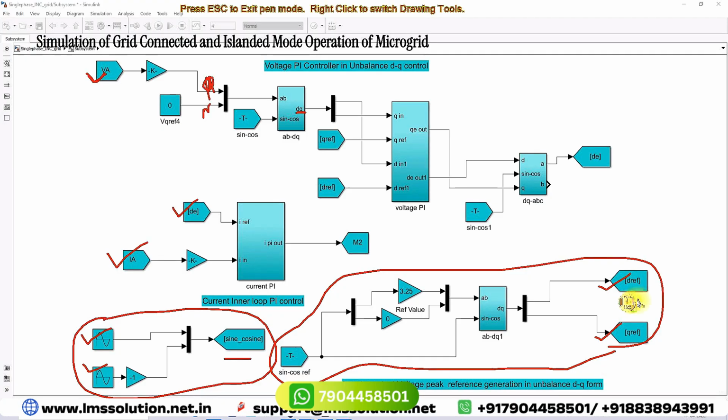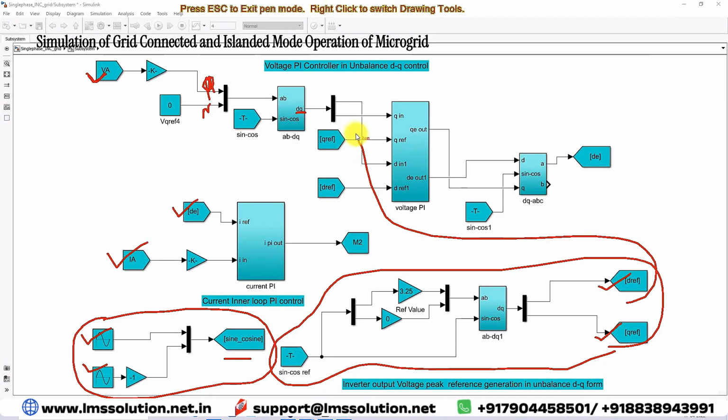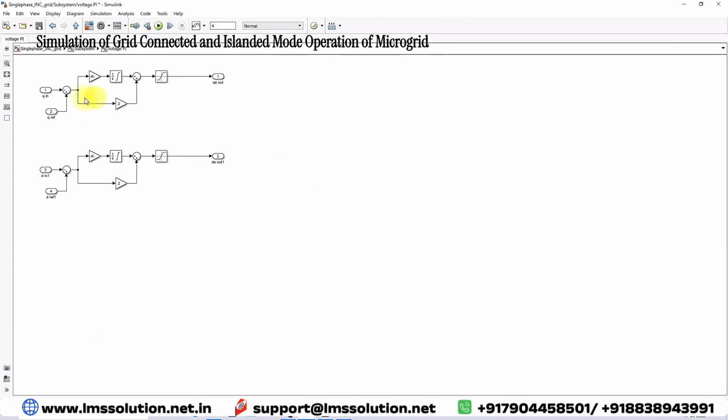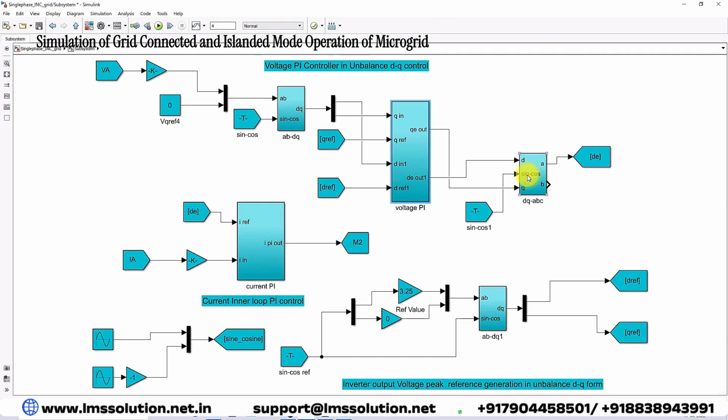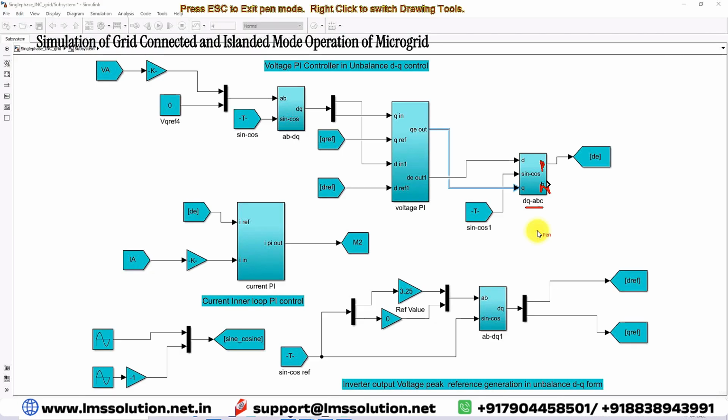The d reference and q reference are used to compare with the actual d and q of the load voltage. So it is processed via the voltage controller. It will generate two control outputs, one in the form of d axis and another in the form of q axis. So that should be converted into ABC form, that means phase and neutral concept, by using the dq to ABC conversion